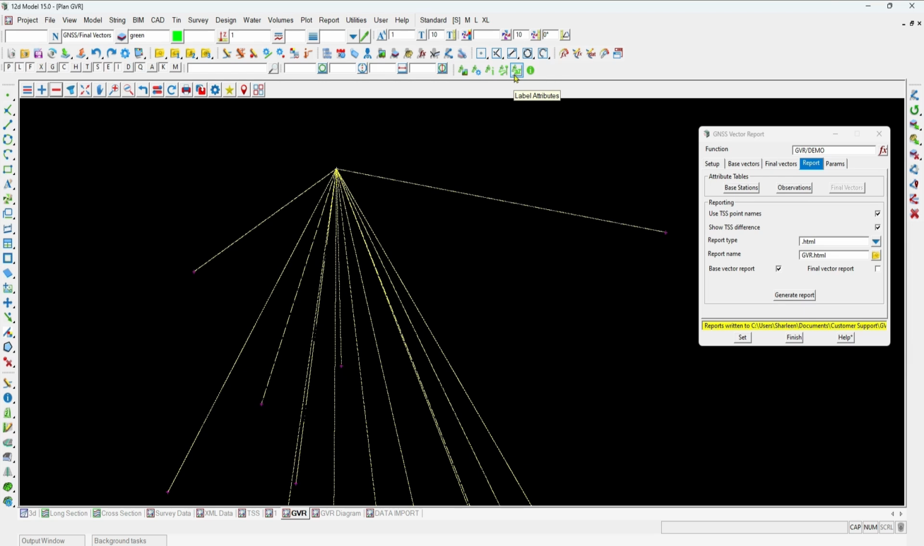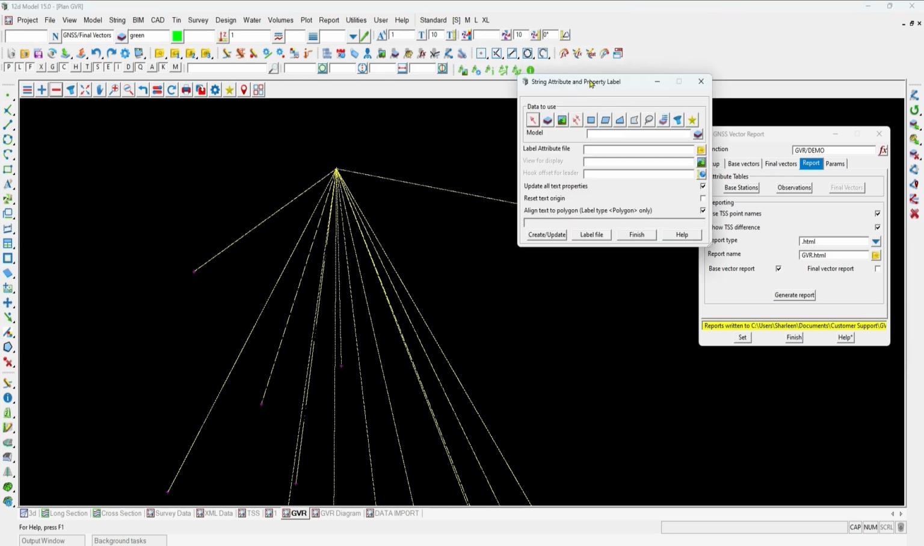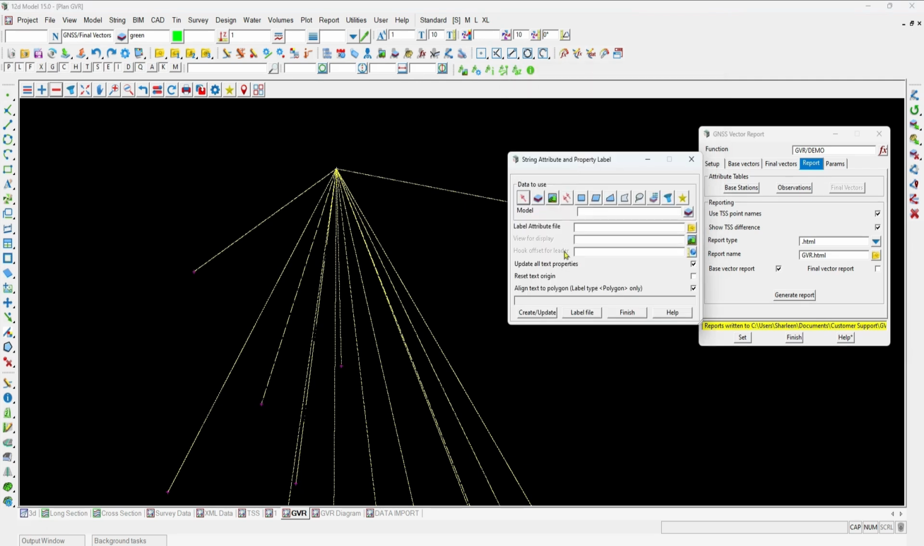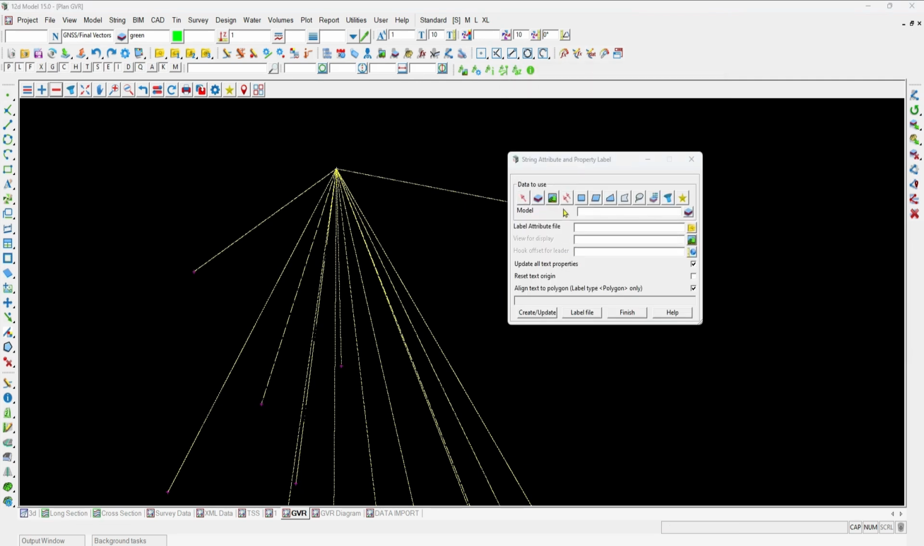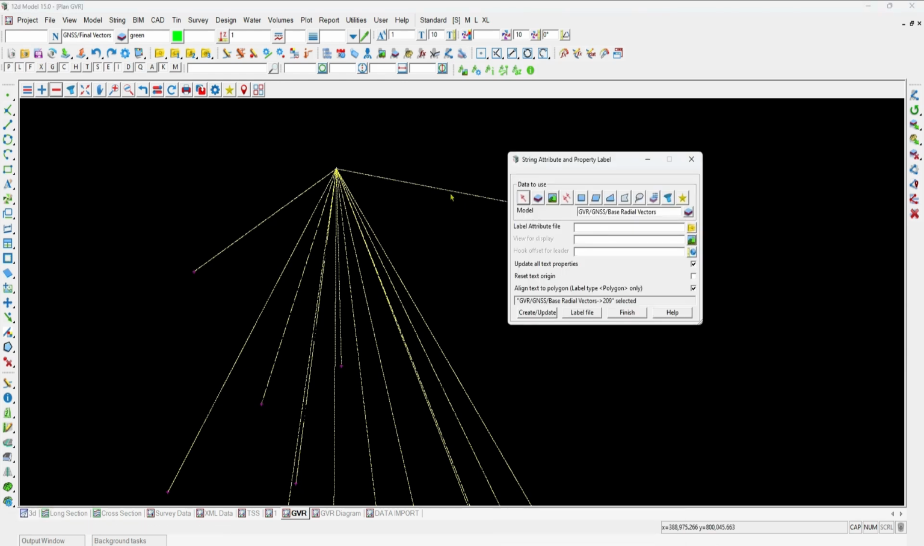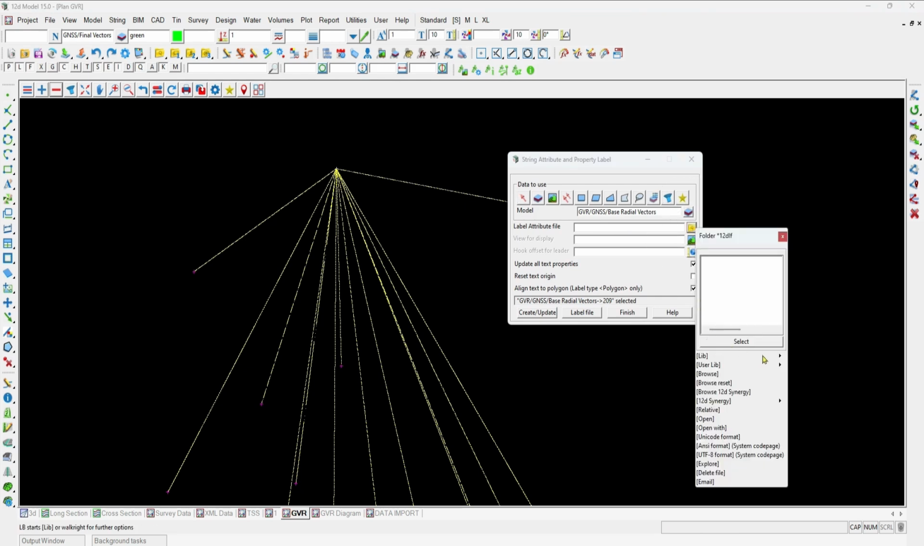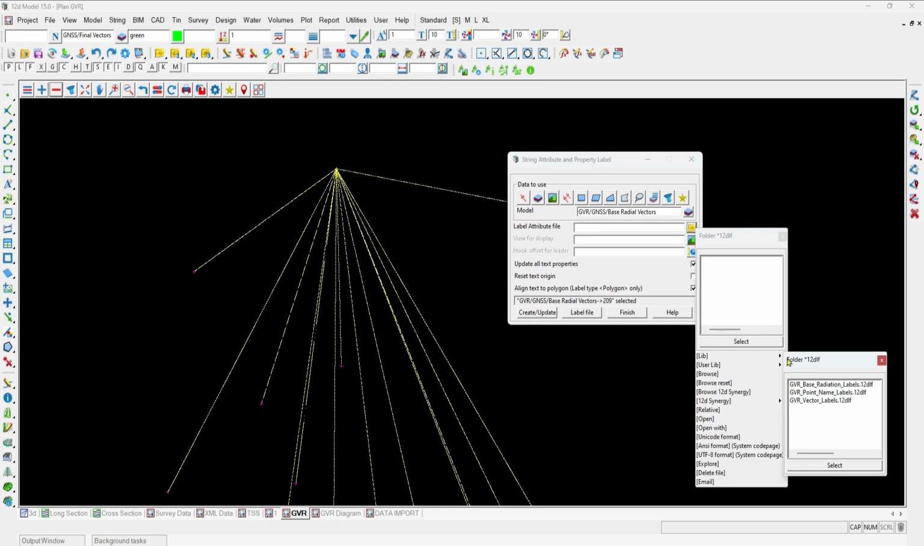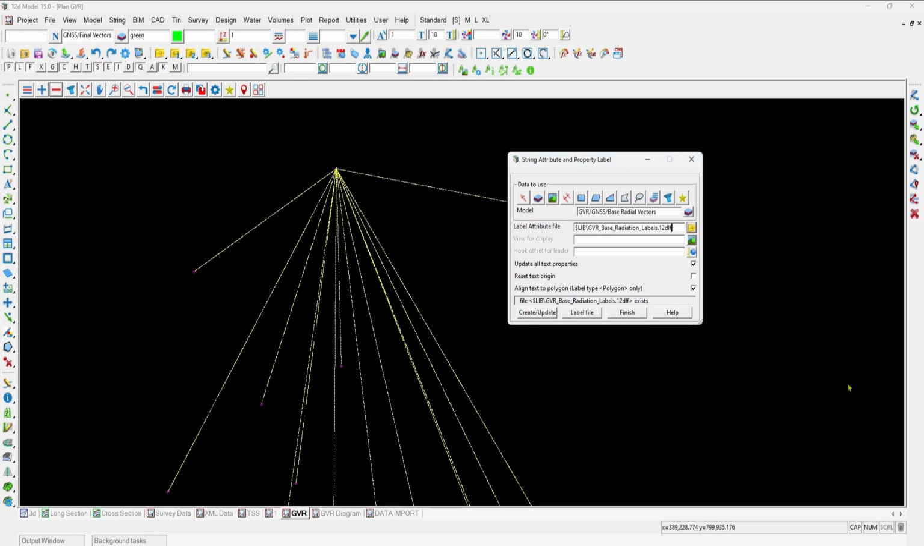So the GVR vector, bearing and distance, any differences and so forth are all attributes. So I'm just going to go ahead and use our labeling tool here. So the string attribute and property label, just move that out of the way. What we're going to label are the base vectors, so the actual final radiation vectors themselves, and we have set up all these attribute files for you. So if you go into the library, we've got the base radiation labels. I'm going to add it to the GVR view, and all I need to do here is just hit create